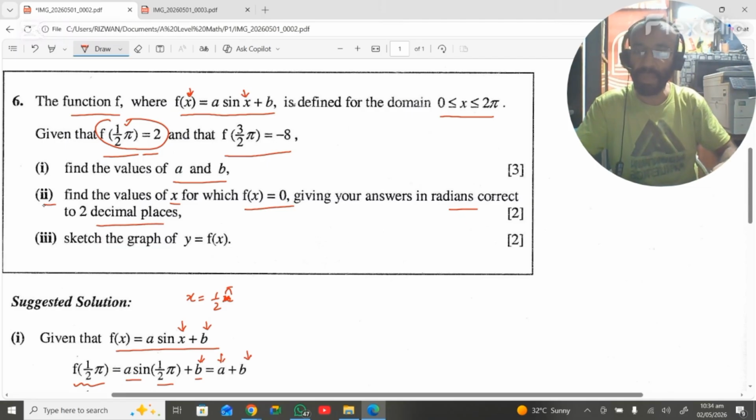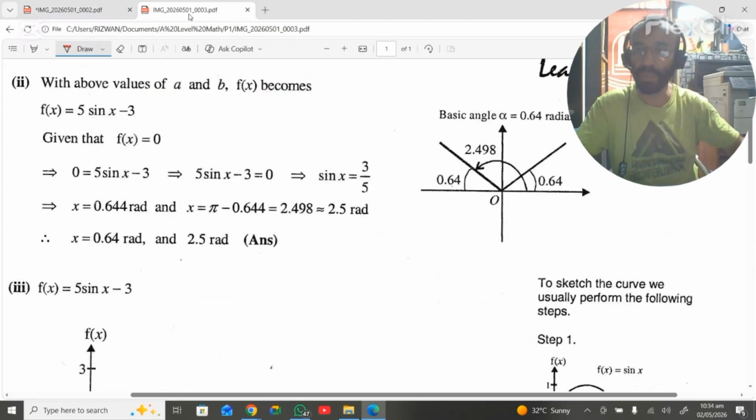Okay, now f of x will be equal to 0. Now we will put the values of a and b here, and will take this vector equal to 0. So look, now how it will solve. So with the above values of a and b, f of